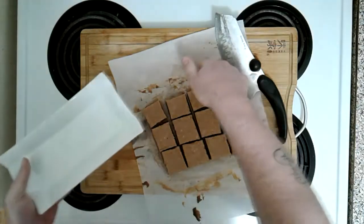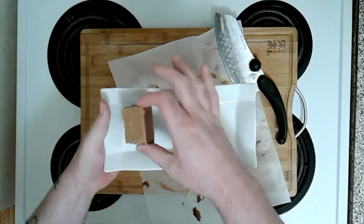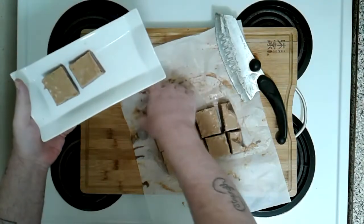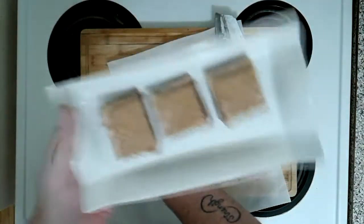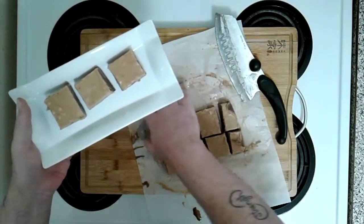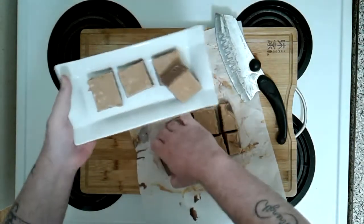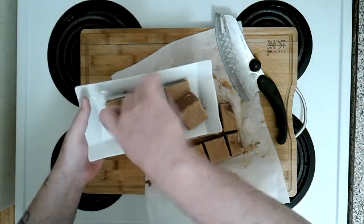Let's grab some squares and we'll make them all pretty and organized for the picture, baby. Love it, love it, love it. Of course, you don't want to keep these out for too long because they start to get soft and melt a little. So, just take them out. You have guests, here you go. Anyone wants some? They're like, okay, no, I'm good. Then you're like, okay, fine, going back in the fridge. Don't say I didn't offer you anything. There we go, simple as that. Let's build them on up. We're gonna pile them. I mean, granted, the bottom ones are gonna get kind of smudged, but hey,